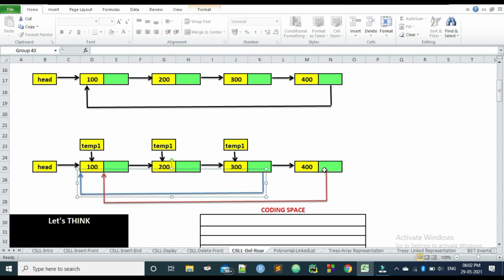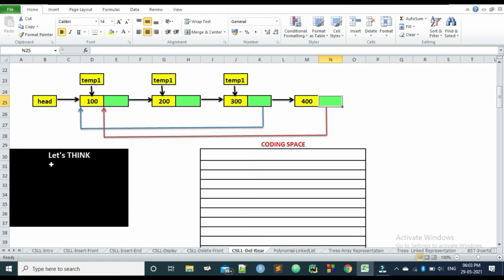So how will I understand it has come to the third node, previous to the last node? You can put a condition: while temp1's link's link is not equal to head, then you can move your temp1. In this way we can move our temp1 to the node previous to the last node.